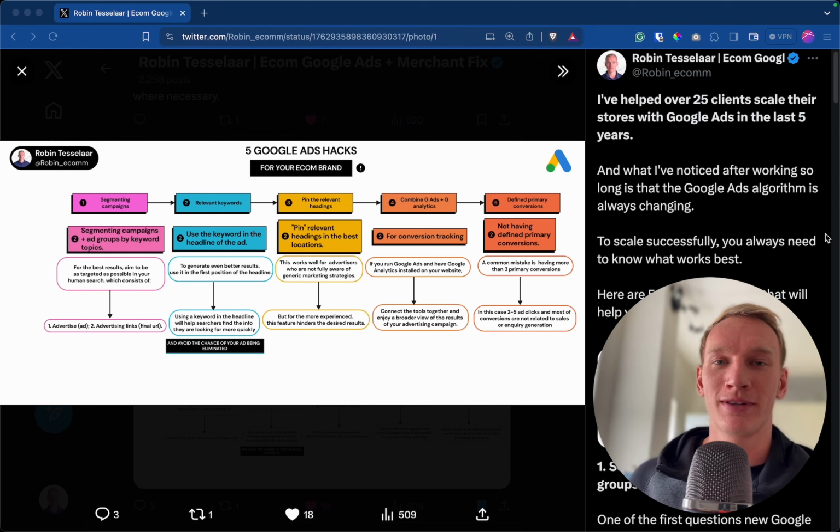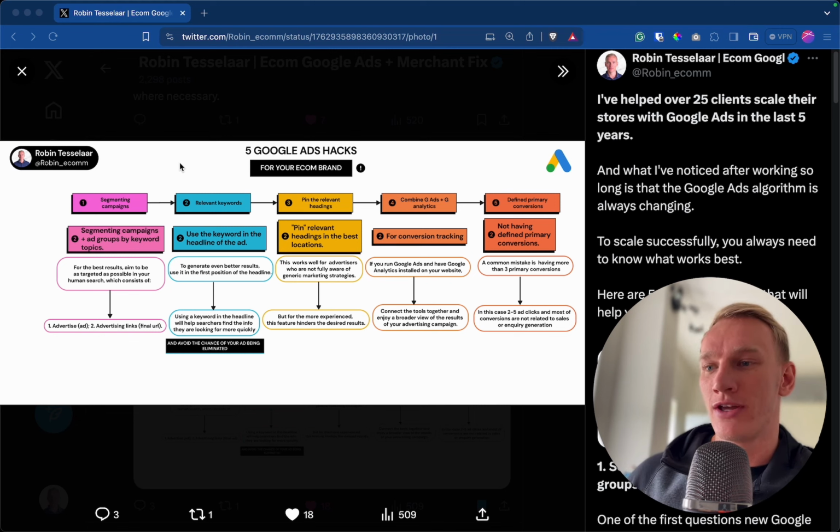Because the most important thing nowadays is to get conversions and to make profit with the highest return on ad spend as possible. And if you don't follow the strategies that I'm going to explain right here, chances are high that you're going to waste time, money and energy trying to figure everything out. Well, that's not necessary. Just follow the tricks that I'm sharing in videos like this and from my Twitter, right? So without further ado, let's dive right into my screen and start with the first trick here,